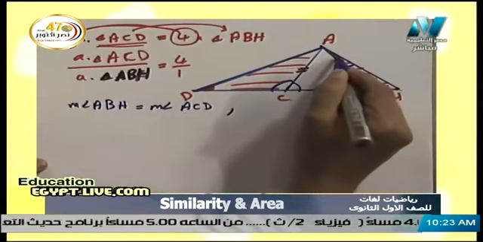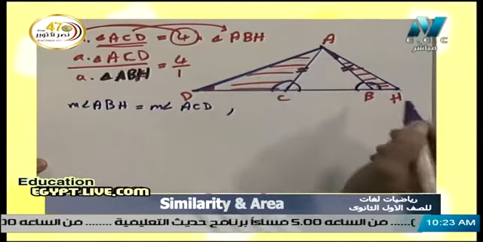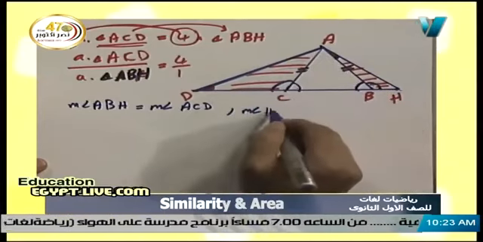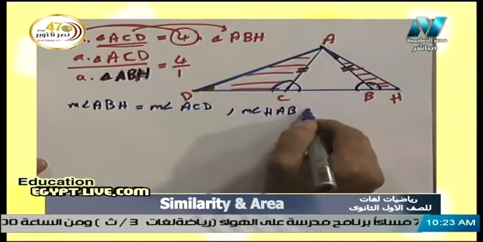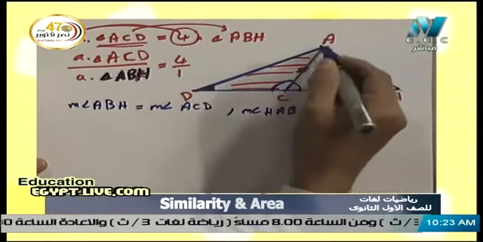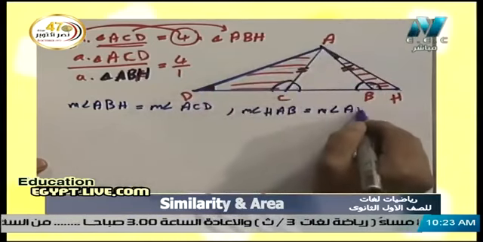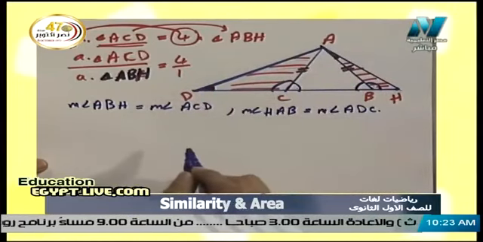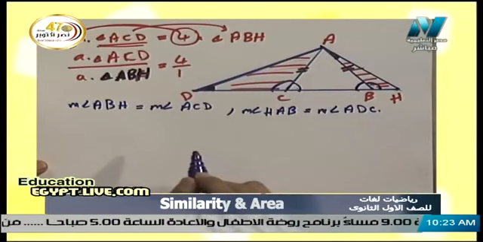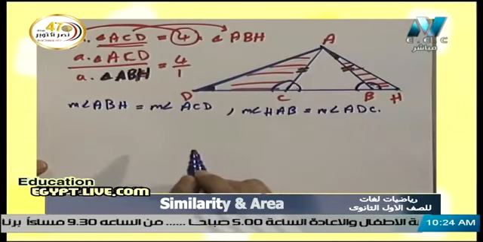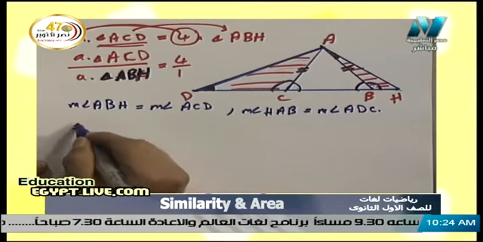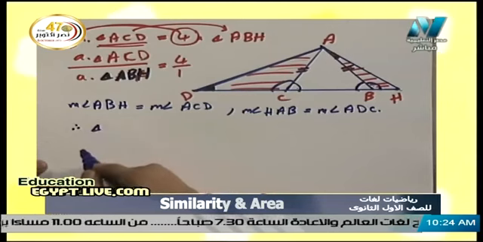And from the given, the measure of this angle, which is HAB, equals the measure of this angle, which is the angle ADC. It's enough for us to prove that two angles in the two triangles are equal, to prove that they are similar. So we can say now that triangle